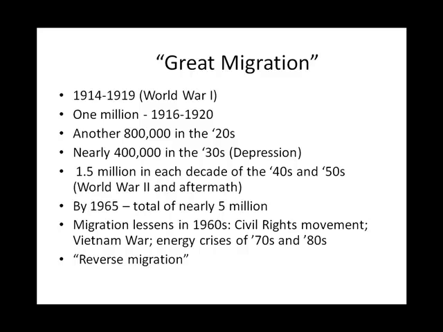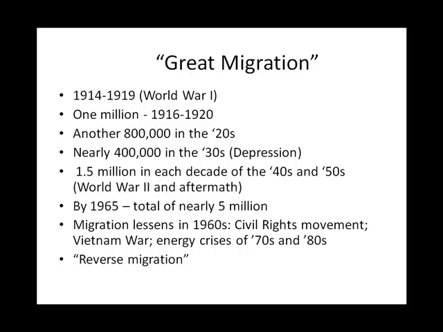The end of the 1920s. Although some maps that we'll see during this lecture will place this first migration within that 1915 to 1930 period, I think I'd like to keep it within the first 2 decades of the 20th century. The second wave of this migration occurred in the 1930s, 1940s, and 1950s.